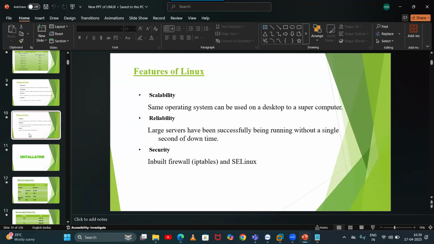Everything you have to configure manually. So that is also one reason why Linux is secure. Linux is secure because in Linux, we can encrypt a file by assigning a password. Say there is an important file with important data, your account details, passwords, office details, confidential information. You can encrypt it. Encryption means converting it into a secure format which no one can understand.